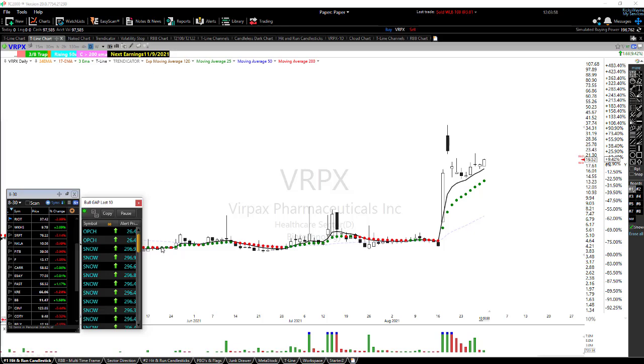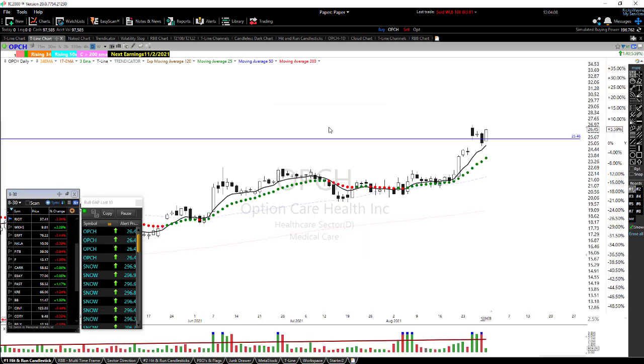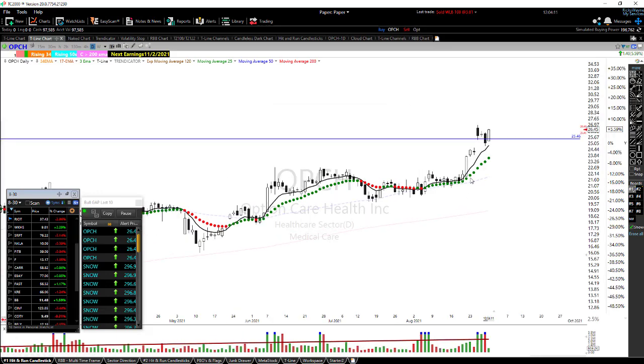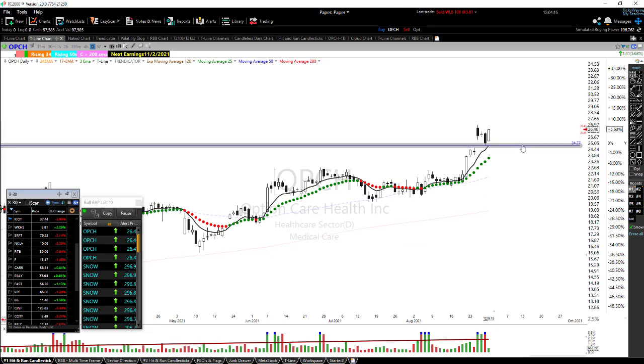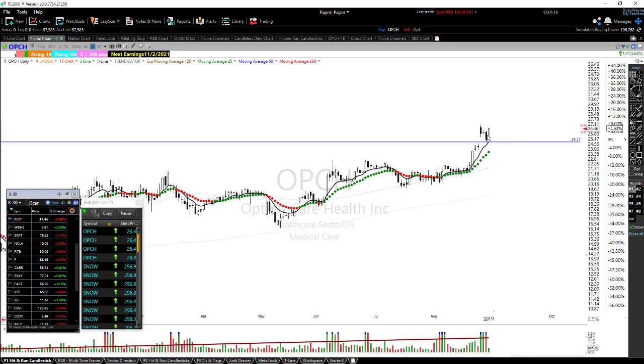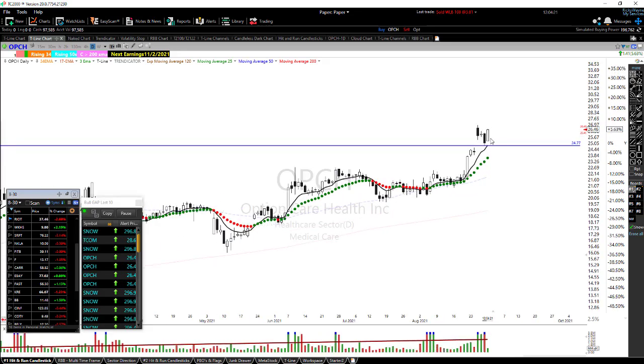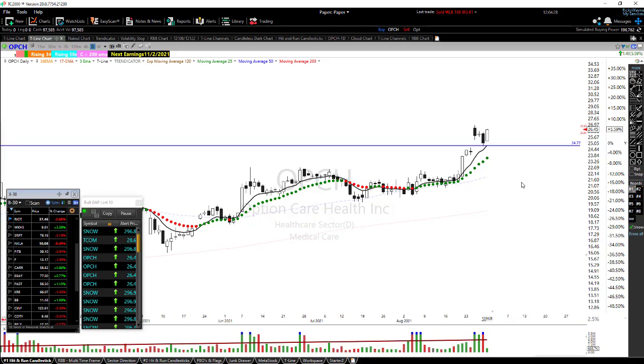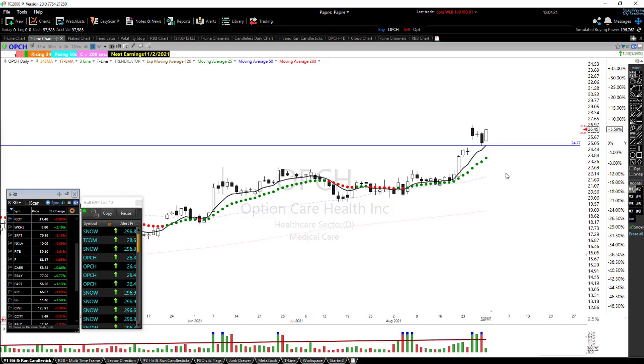So let's take a look at some of these trades and how we might trade them. Let's look at OPCH. Here's OPCH, and here we've got this big move up. We've got a gap within the last 10 days. Because we've put in a low and we're moving up today, this low becomes the turning point. Anything below that, I absolutely would not like the trade, so that's where my stop would have to go at the absolute lowest.